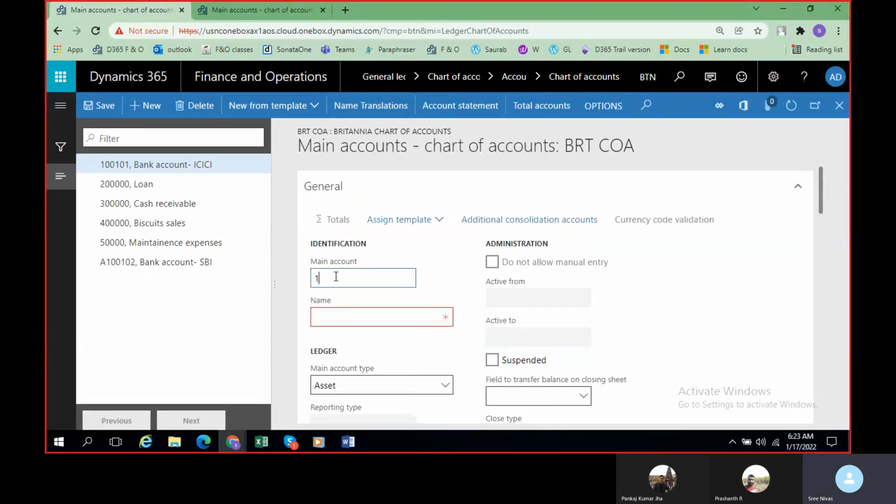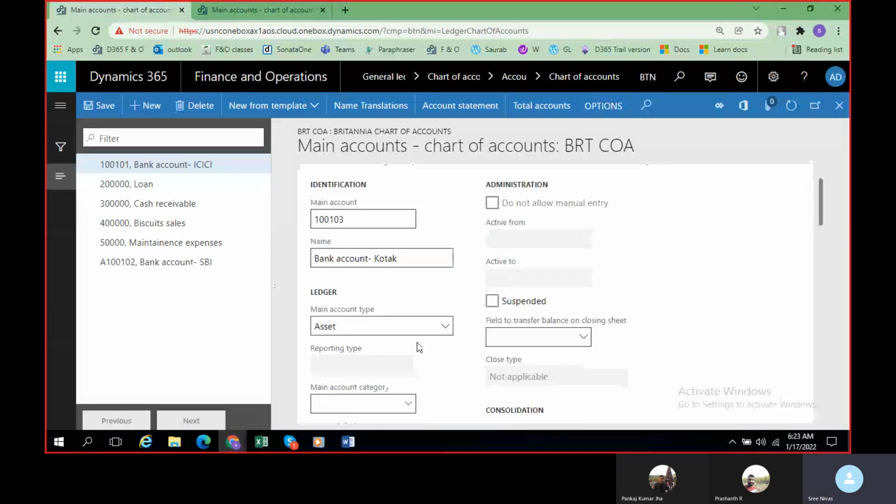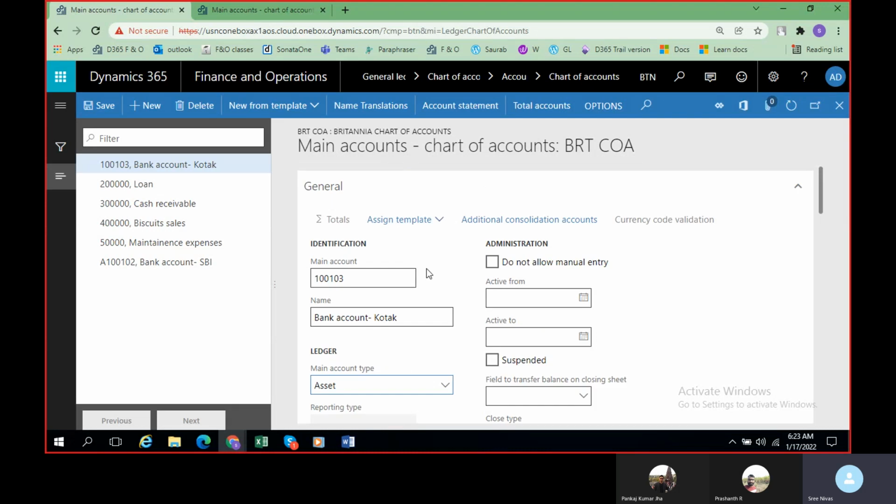Any main account that you start with 1 will by default have the ledger type shown as asset. So like that, you can give under automatic account selection 1 series for asset, 2 for liability, 3 for P&L, or 3 for